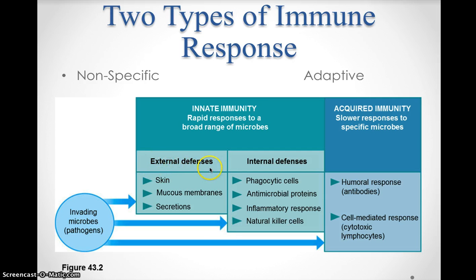So you have external defenses, which are part of your immune system, and that would be like your skin. Your skin is the single most important component of the immune system. Without your skin, you're dead. Mucous membranes are also another part of your non-specific immune system. They just secrete mucus, and then bacteria, viruses, they get stuck in the mucus, and they have difficulty infiltrating your